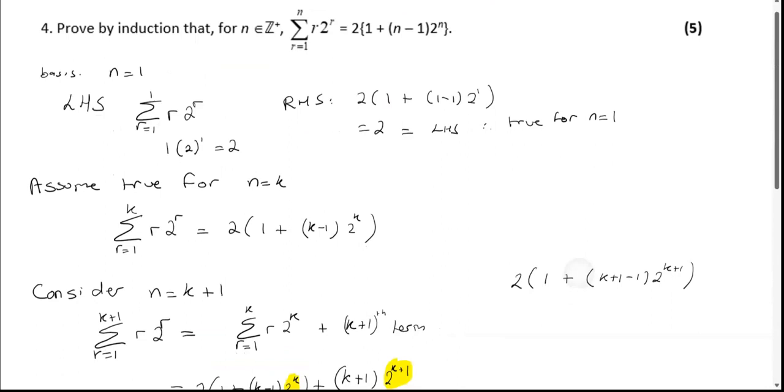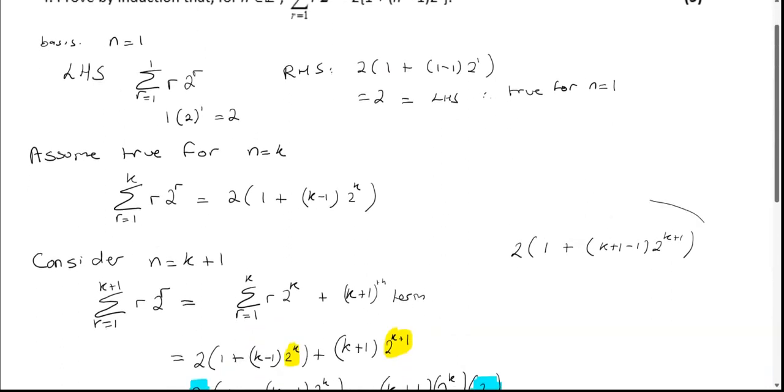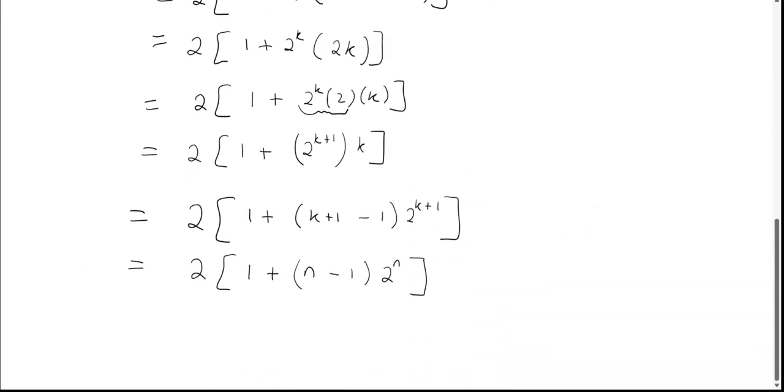And if I look back at what we wanted over here, n minus 1, 2 to the power n, that's k plus 1 minus 1, 2 to the power k plus 1, which is exactly what we wanted. So therefore, true for n equals k plus 1,